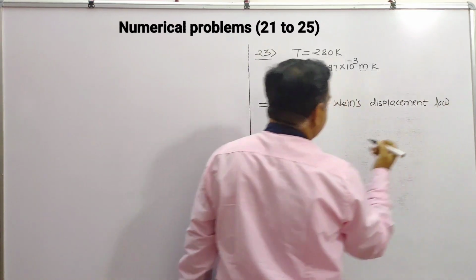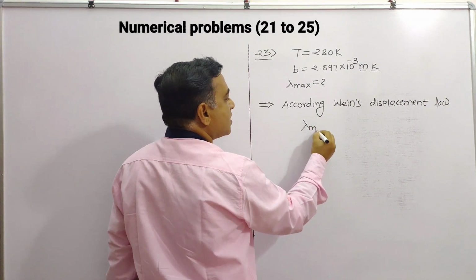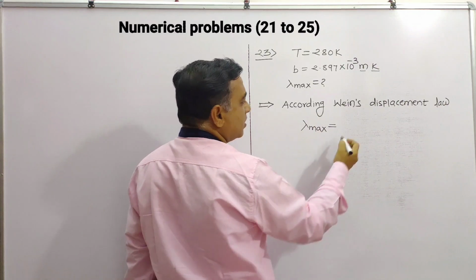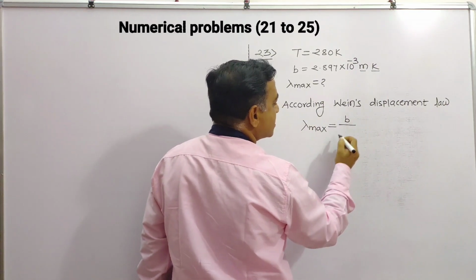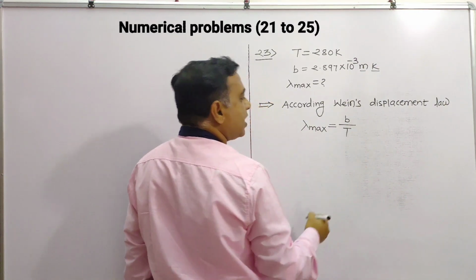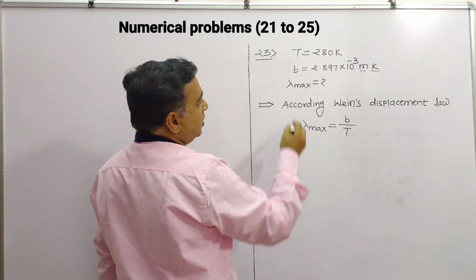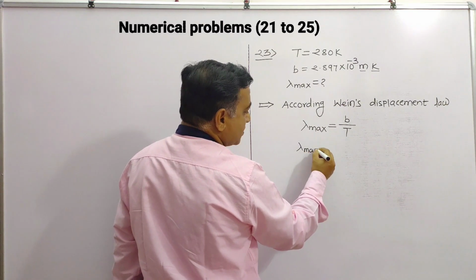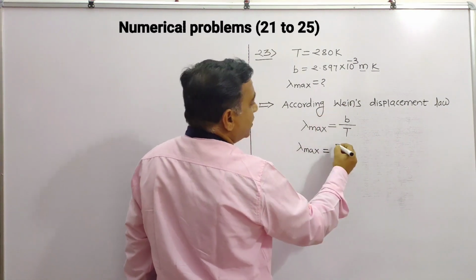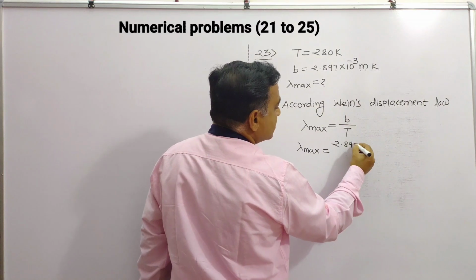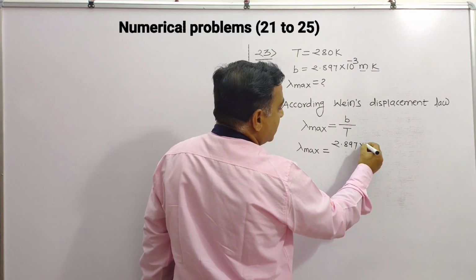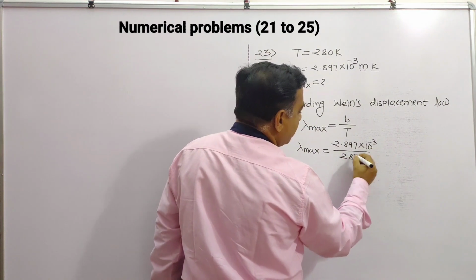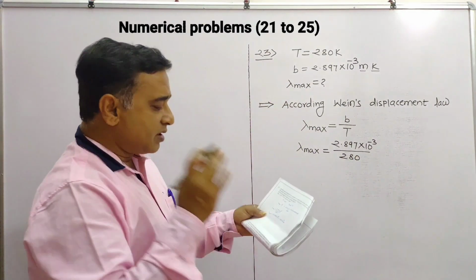I am going to write the equation, that is lambda max is equal to, or it is inversely proportional to absolute temperature, but there is some constant known as Wien's constant, and which is given by B by T. B value is known, T value is known. So let us calculate that value, that is lambda max is equal to, substituting 2.897 into 10 raised to power minus 3 divided by 280. If we solve this, we are about to get the answer, that is